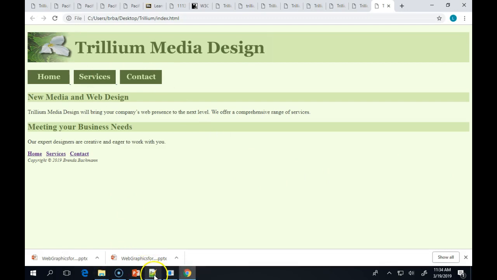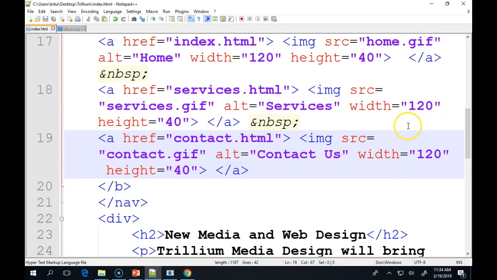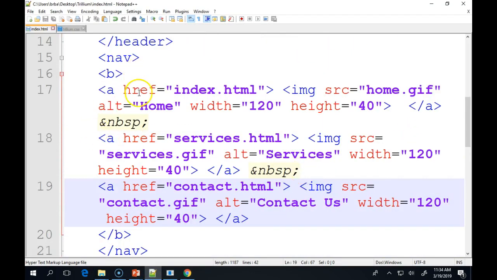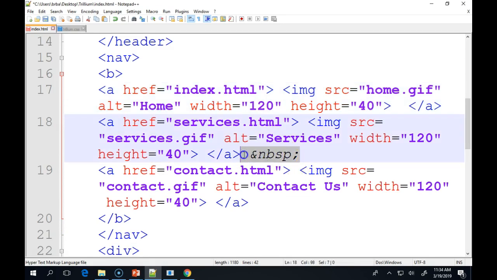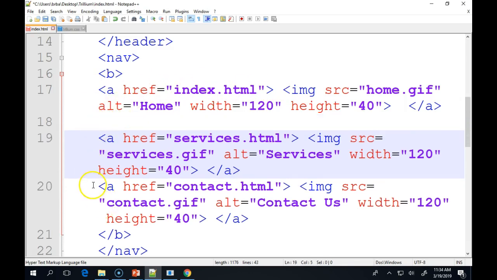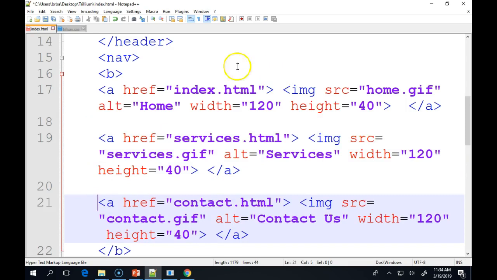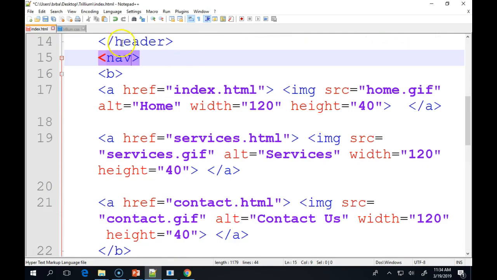And we're also going to go back into our code, and we're going to wipe out the non-breaking space that we have between all three of them. So I'm going to take those out, because those were still being underlined with a little hyperlink line. So here's the first one, here's the second image, here's the third image in my navigation. And when you save and run that,